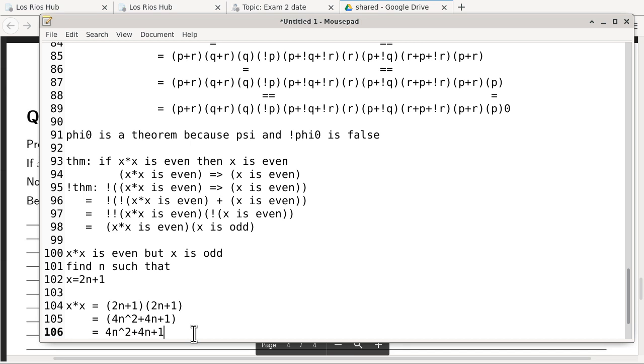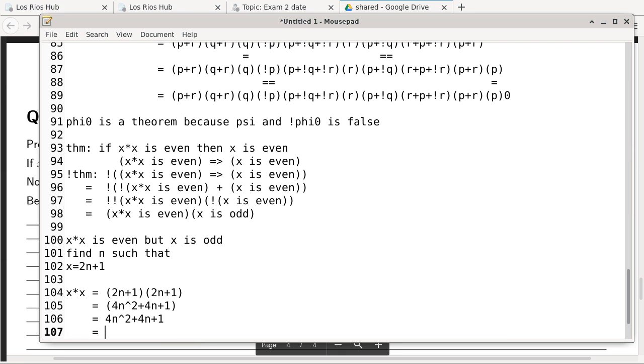Are we making sense out of this one? Okay, let me just move this one more step. So I can re-express this as 2 times n squared plus 2n over here. All I did is to split the 4 into 2 times 2 plus 1, but every number that has a 2 blah blah plus 1 is an odd number. So this is basically saying x times x is an odd number,